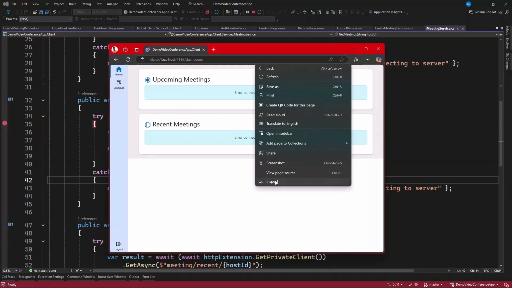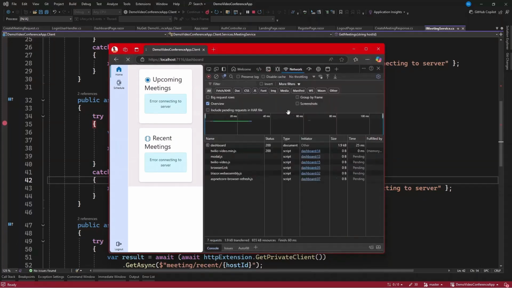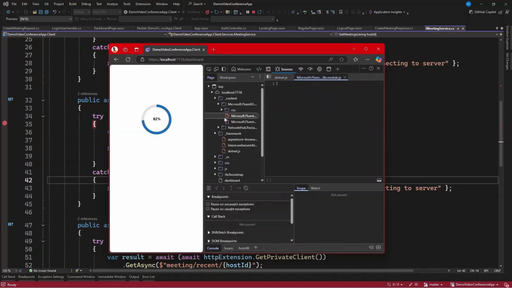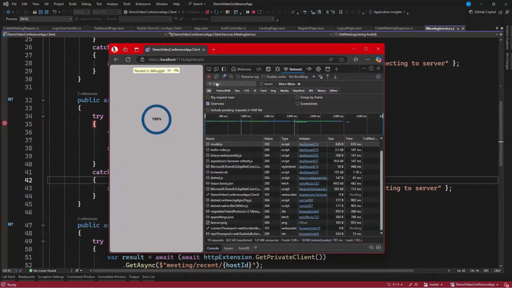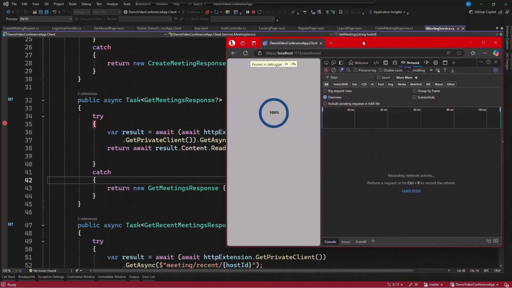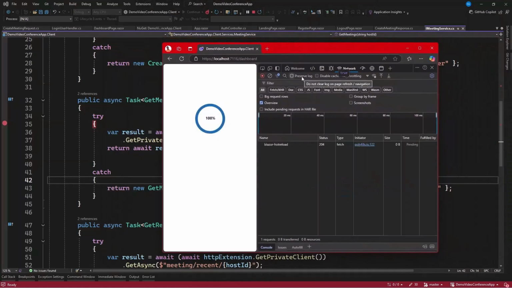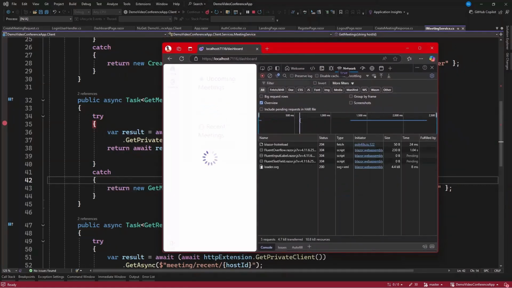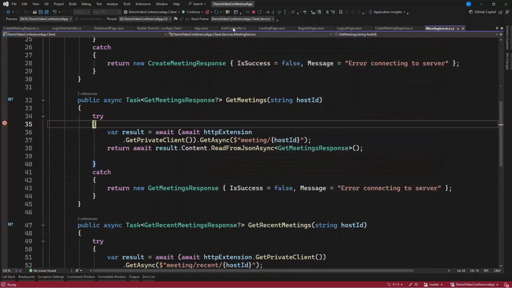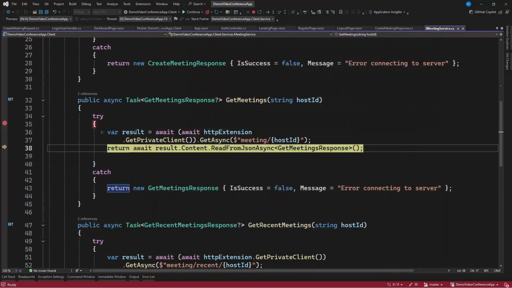So we right click on this, go to inspect, and then in here, let's reload. Okay, so we are hit. Then we're going to make a call here. Now let's see. So from this response,